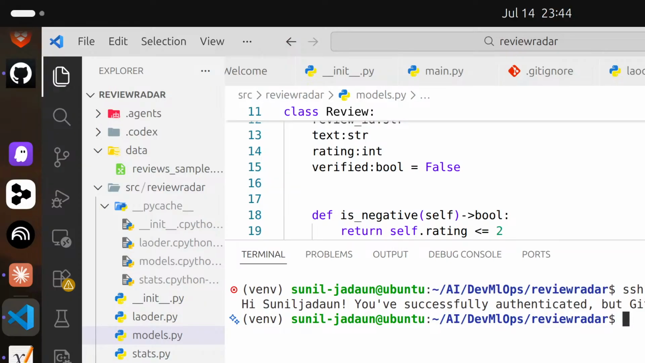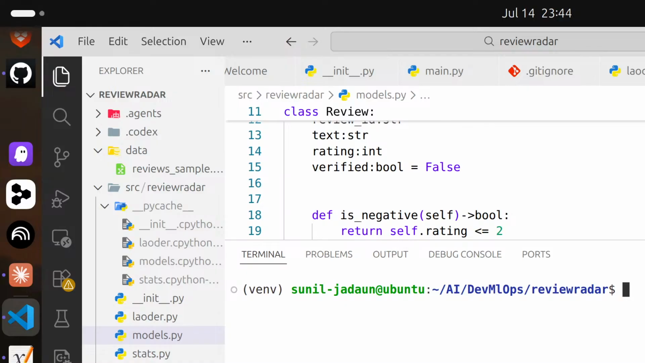Now I will tell Git where its remote copy lives, because my .git folder only knows what is right here. I have created a repository, so I want to tell my git that this is where your remote copy will live. So git remote add origin git@